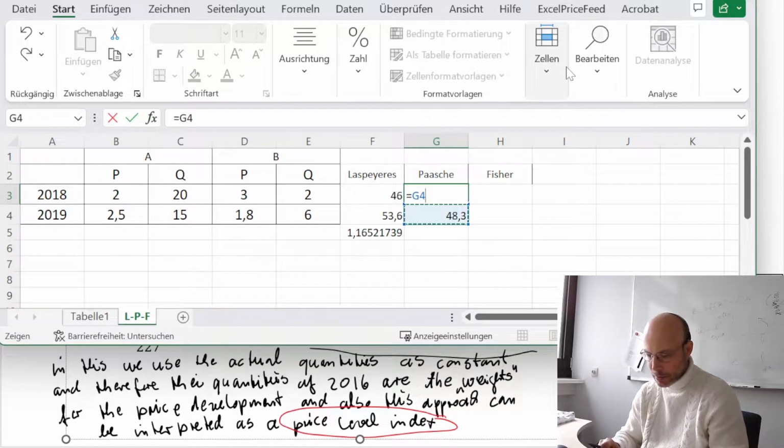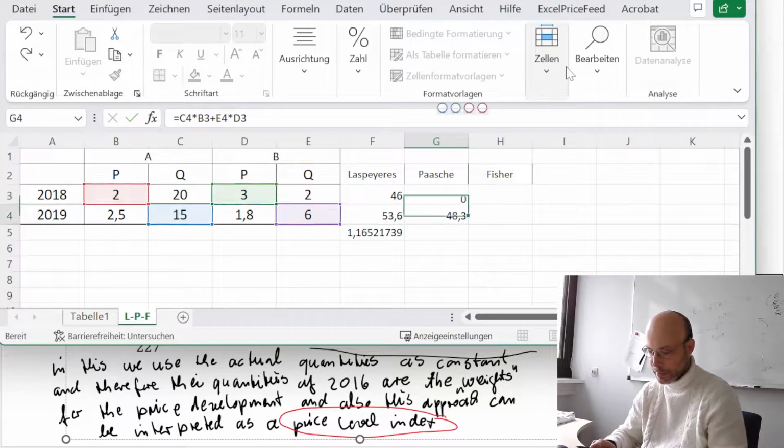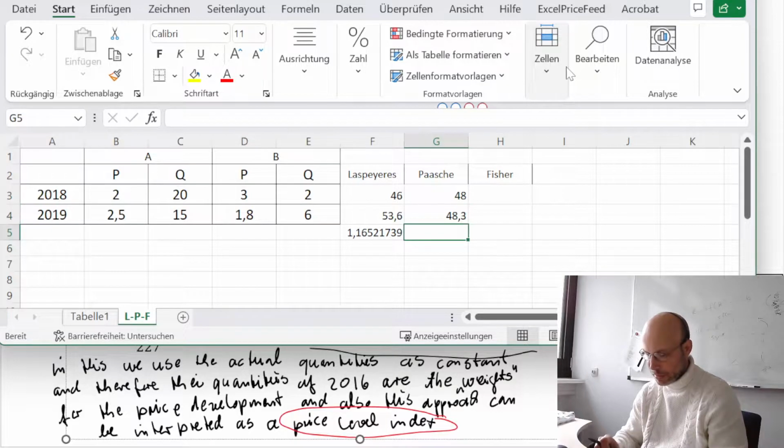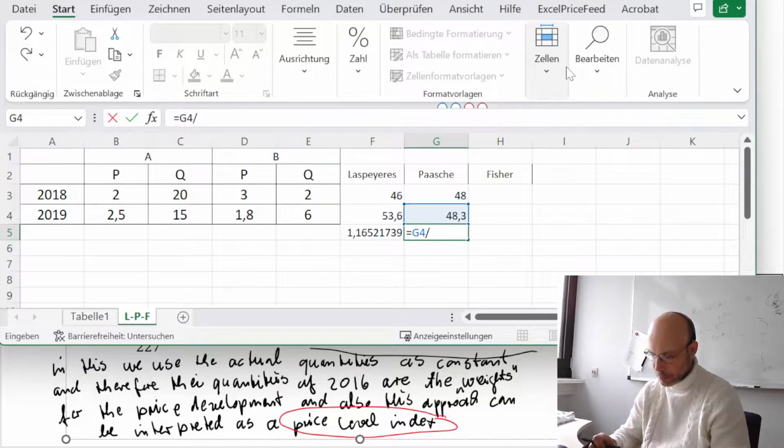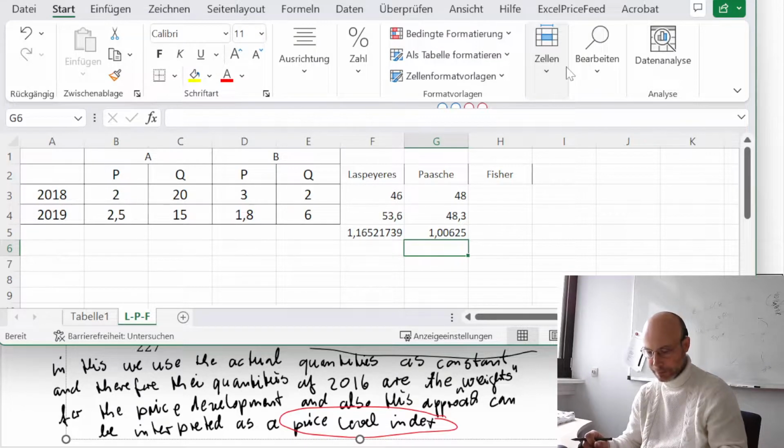So quantities of today 15 now times prices of the former year plus now the 6 times our 3, and this we also have to calculate the proportion. This over 48,